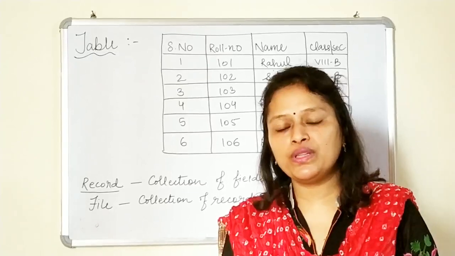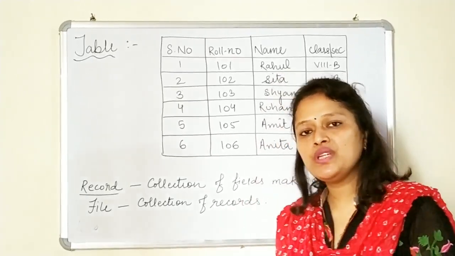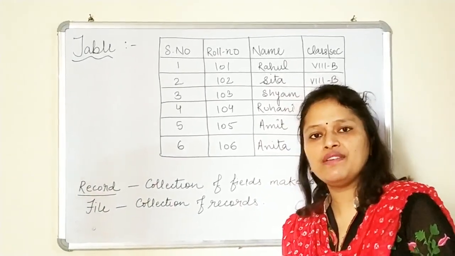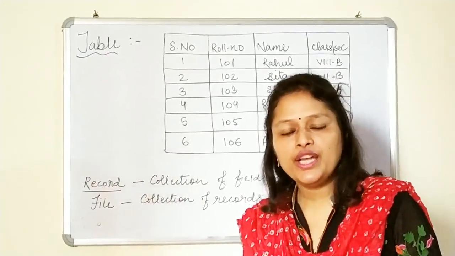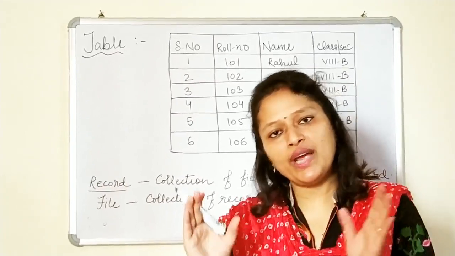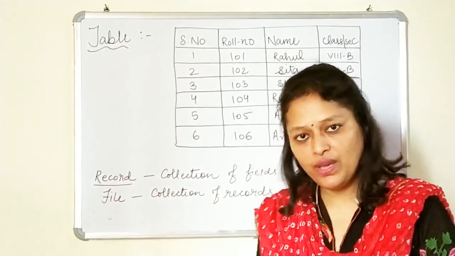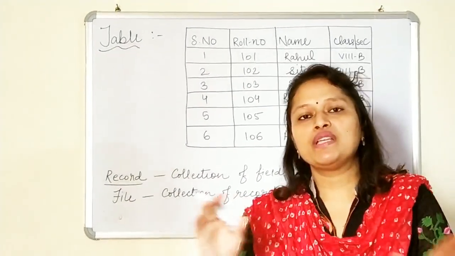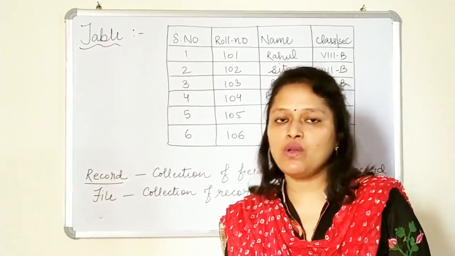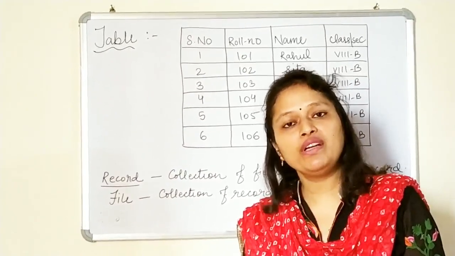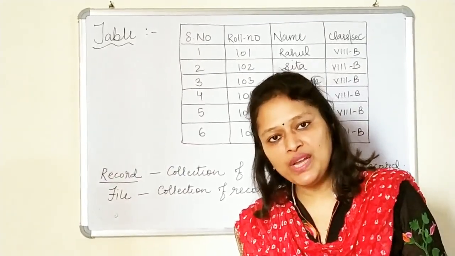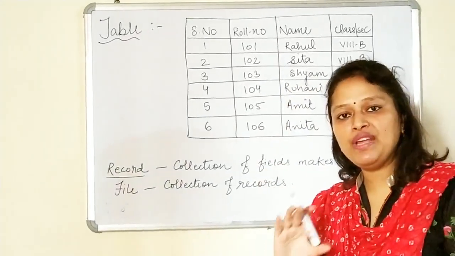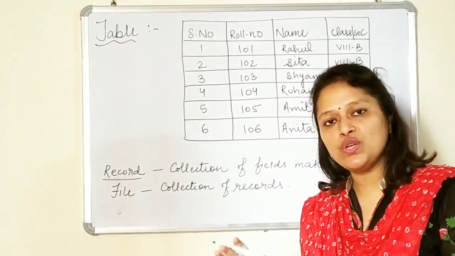Suppose I want to store the roll number. Now the field name should give the idea that you have stored the roll number in that field. I cannot select "name" or "number". It should give a clear idea of what kind of data you stored in that field. Okay. Now class section. If I say XYZ, I cannot select XYZ because it won't give any idea what kind of information I have stored in this field. Okay. So this is very important that you should select the field names according to what kind of data is there in that field.